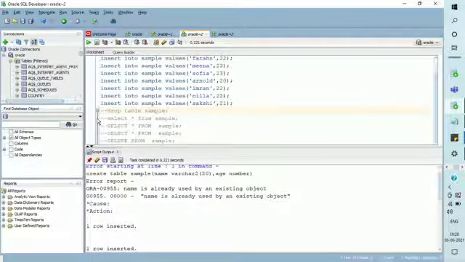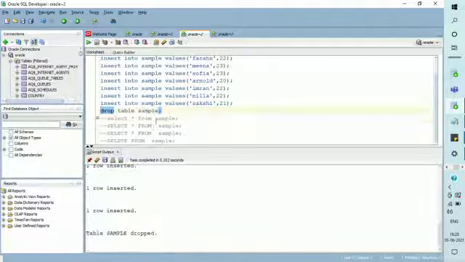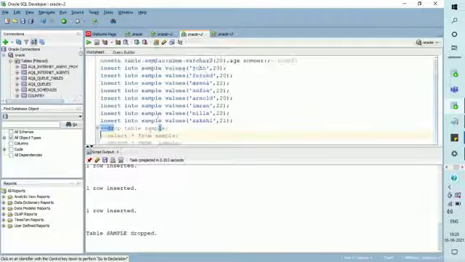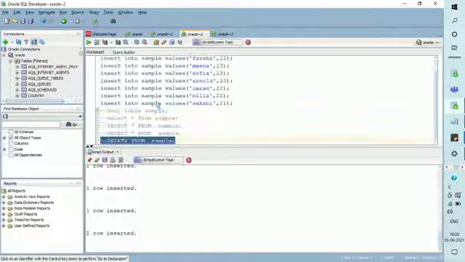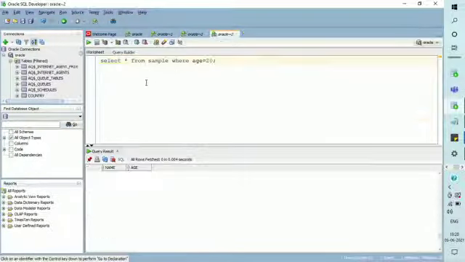So let us drop the table first and reinsert using function plus F5. Okay, everything got inserted. Now execute it. Yes, it contains the data where age equals to 20. We got 2 records. So now let's try with the new shortcut, format shortcut, that is Control plus F7.